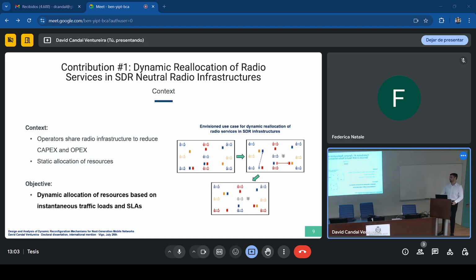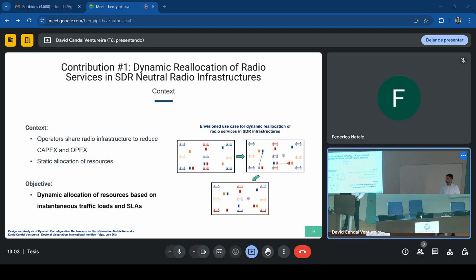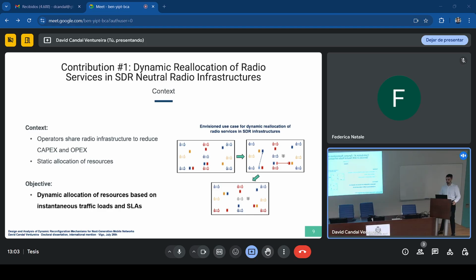the strategy that the infrastructure provider has to implement to determine how radios are allocated to operators needs to consider that, obviously. That's something that has to be considered, but to be honest, it's out of the scope.